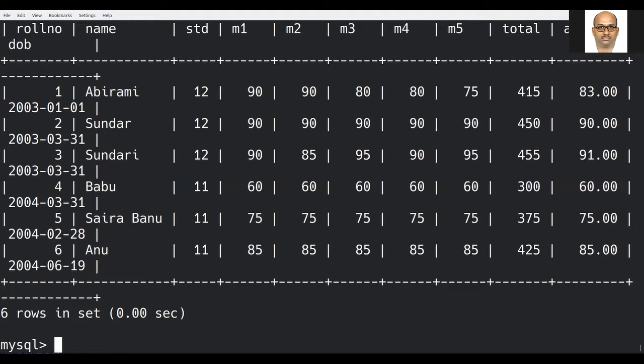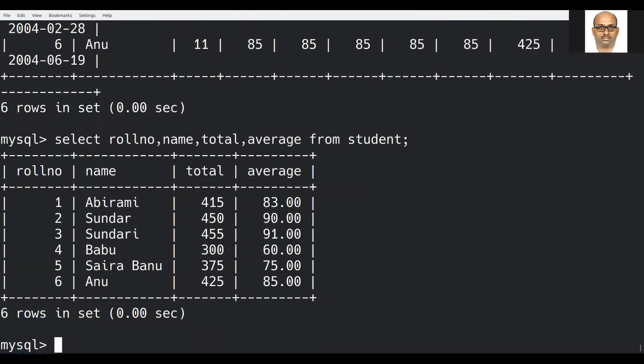11 columns. Instead of star, I can give specific column names, namely roll number, name, total, comma, average. Among the 11 columns, only 4 columns along with the values are displayed.